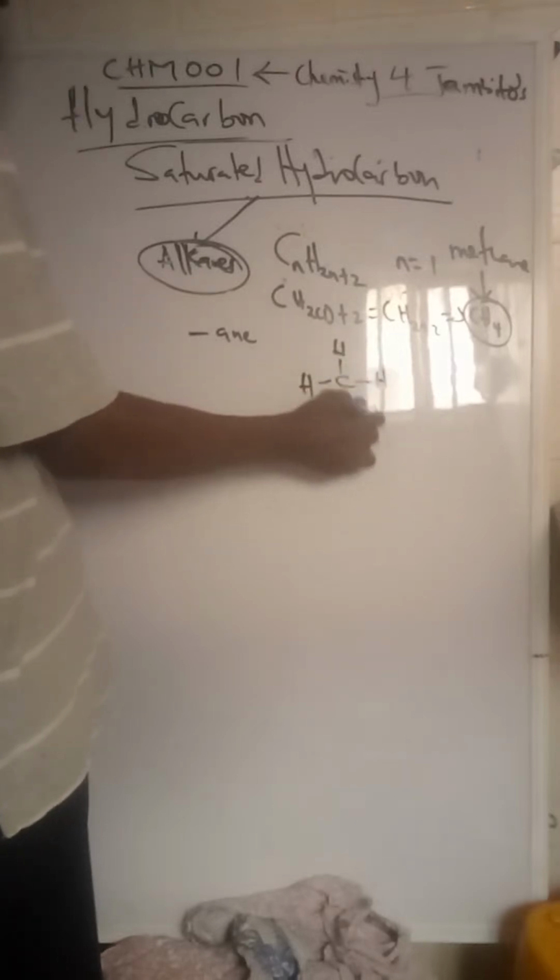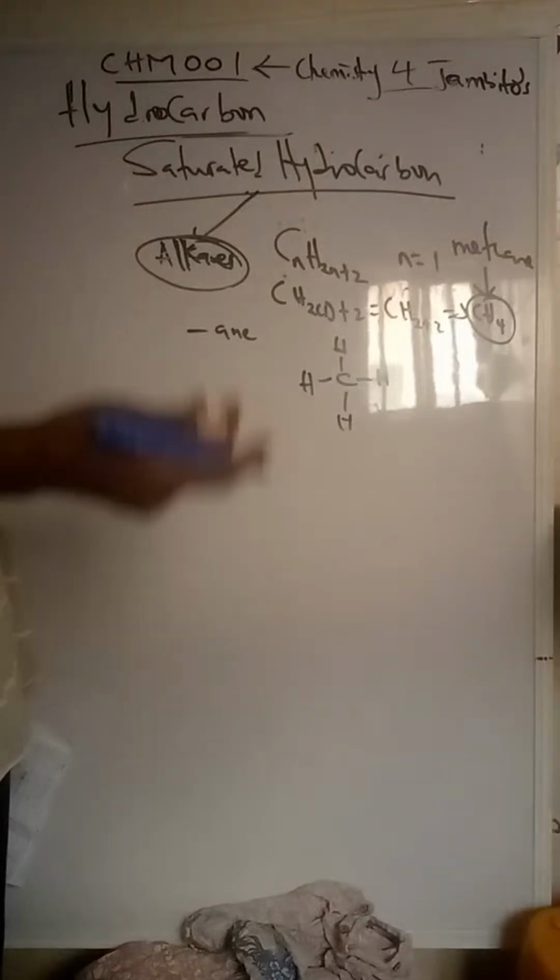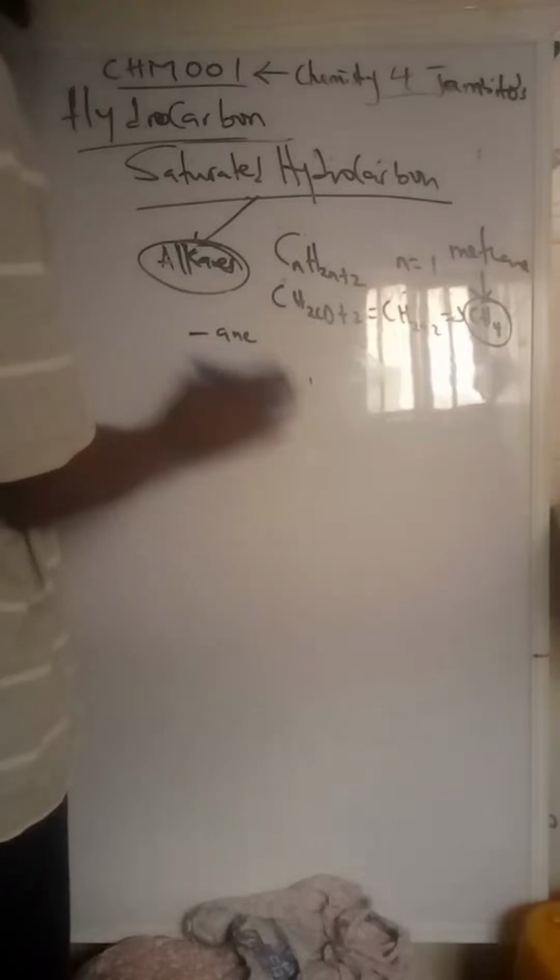So we have H, and we have H, and we have H, and we have H. You can see that everything is just a single bond. Alright, it's just a single bond. Now, moving on, let's see